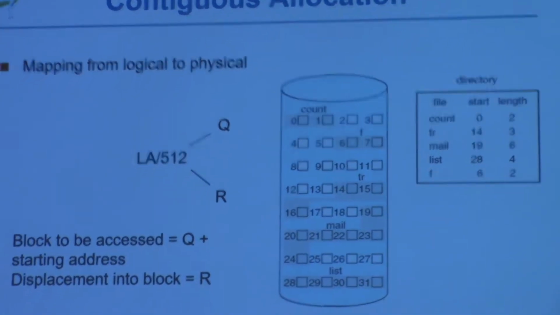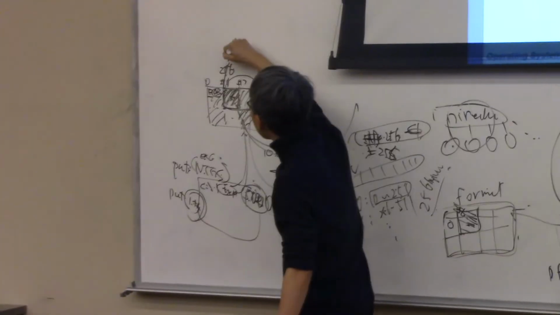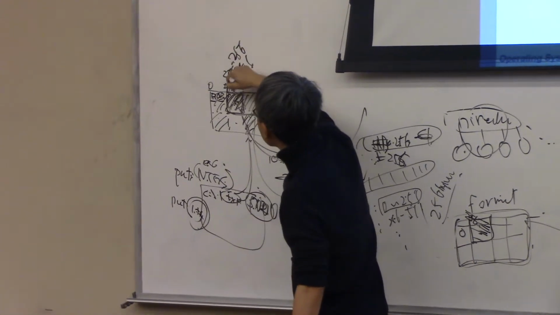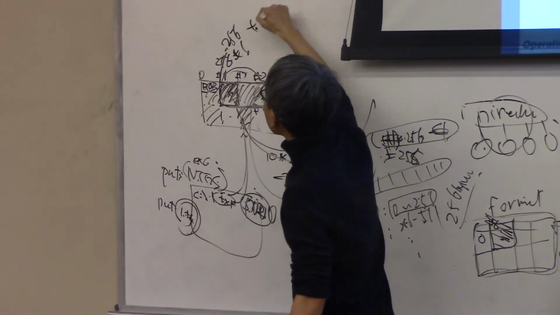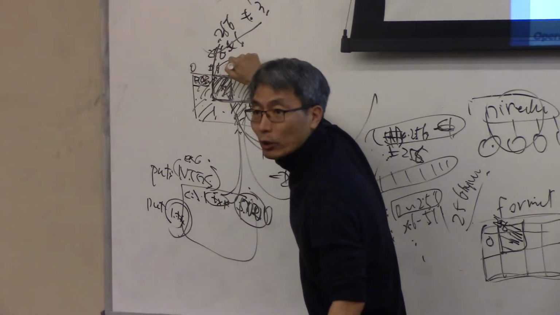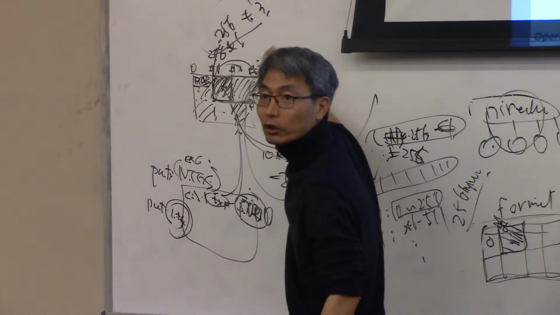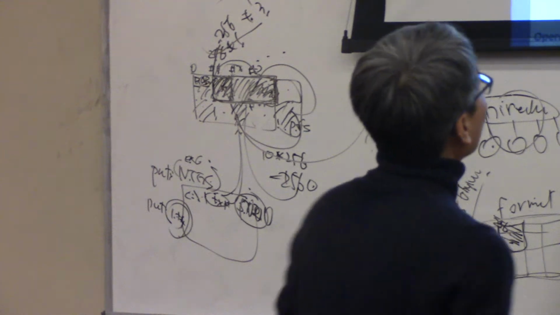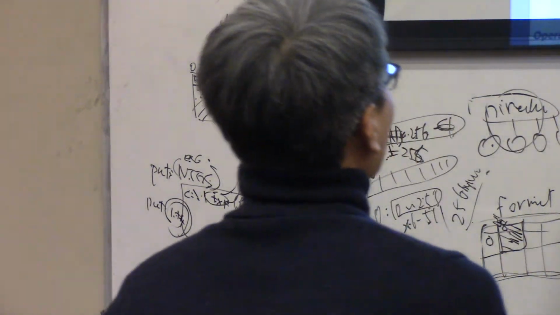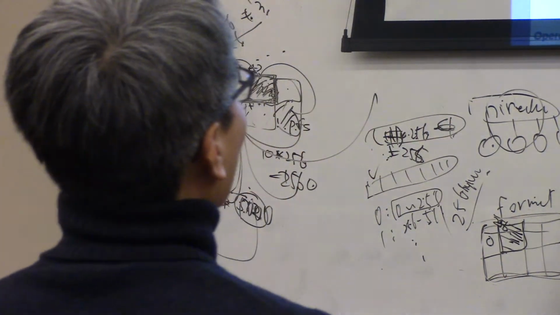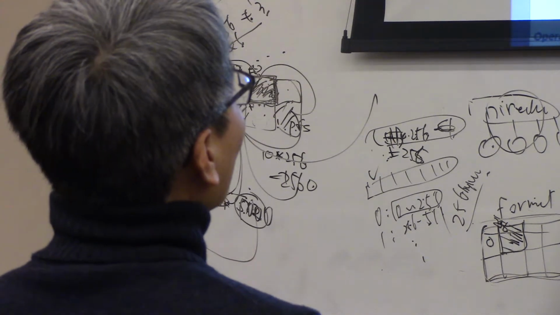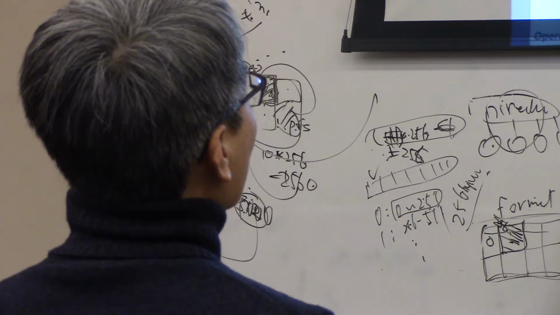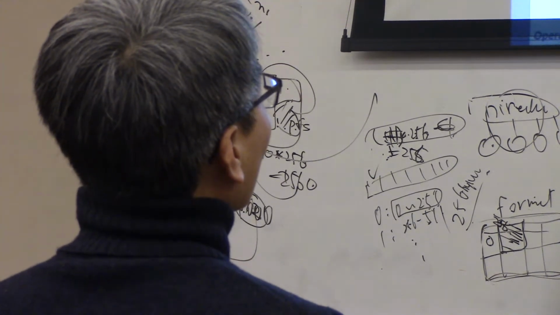So if we know that this one is block number 1, then how many blocks in total? 3 blocks. Then you can calculate each block that is used. So that is the benefit. No matter what size of the file, we can know the blocks. For example, the count is starting from 0. How many? 2. And the last is 28. And how many? 1, 2, 3, 4. So that is the